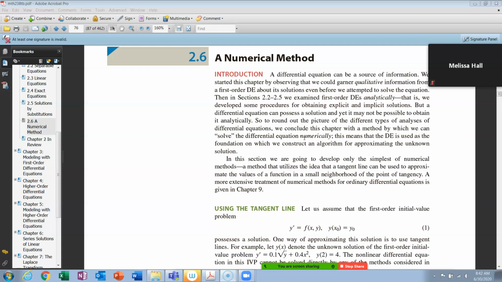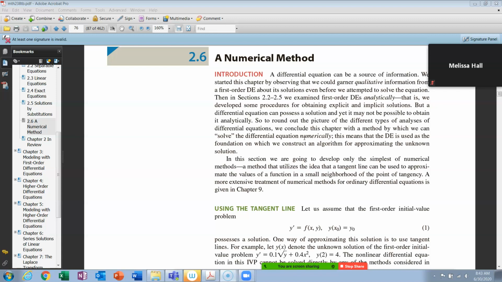Now, this is just going to be one method. It was a fairly early method. It's not a very precise method. Nowadays they have computer packages out there that will basically do anything you want. But this is not a course on how to use a computer package. Probably when you get to your job or whatever, and if you ever need one, your work will have their favorite computer package,